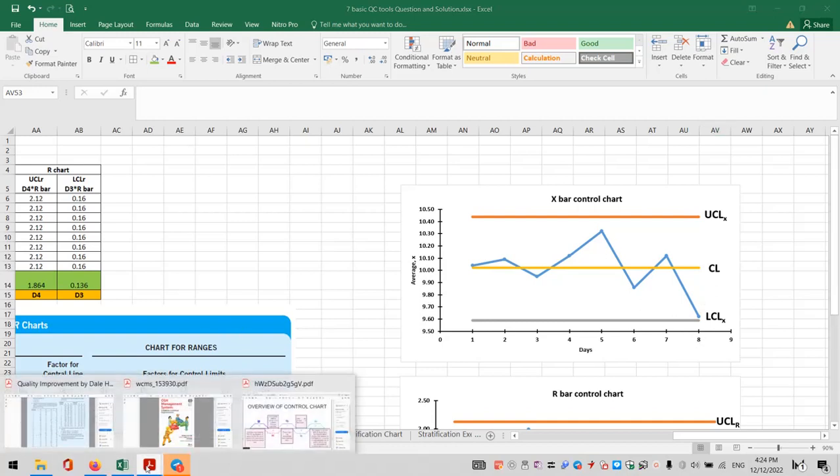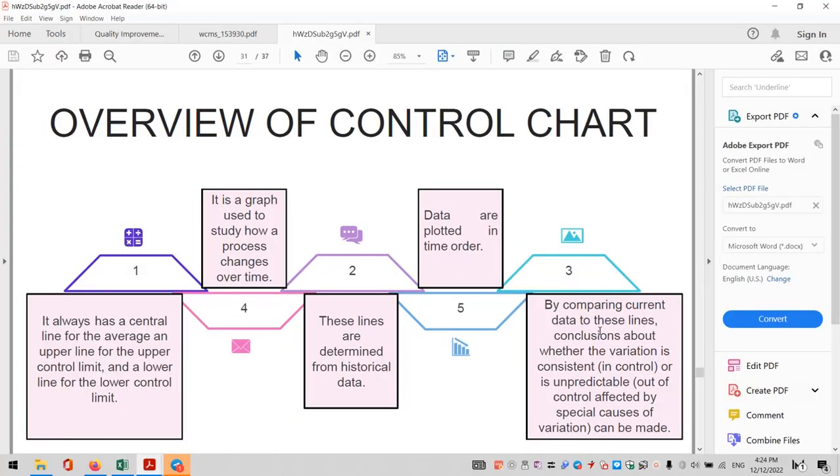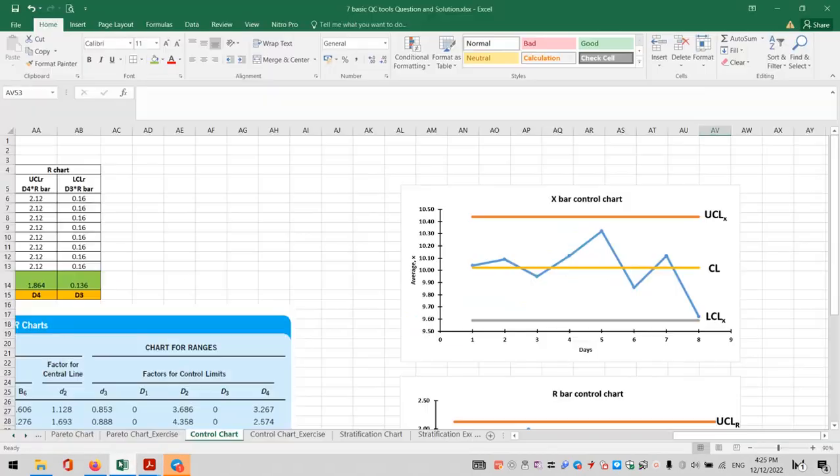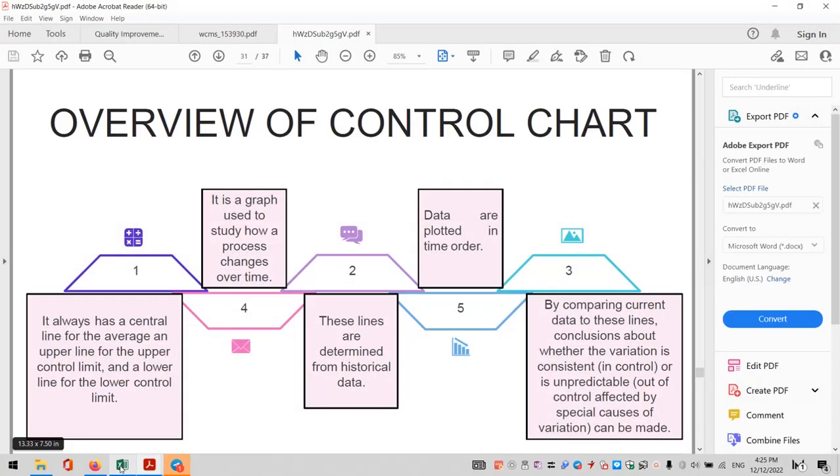Okay. Then by comparing current data to these lines, a conclusion can be made about whether the variation is consistent, in control, or is unpredictable, out of control, affected by special causes of variation. And this conclusion can be made based on the trend itself. Okay. So as you can see here,